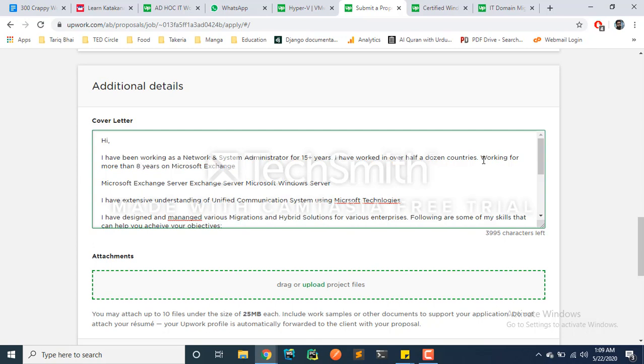Exchange servers. I am extremely experienced. No, I can come up with a better word than experienced. I am extremely, okay, let me just complete the sentence. I am extremely experienced